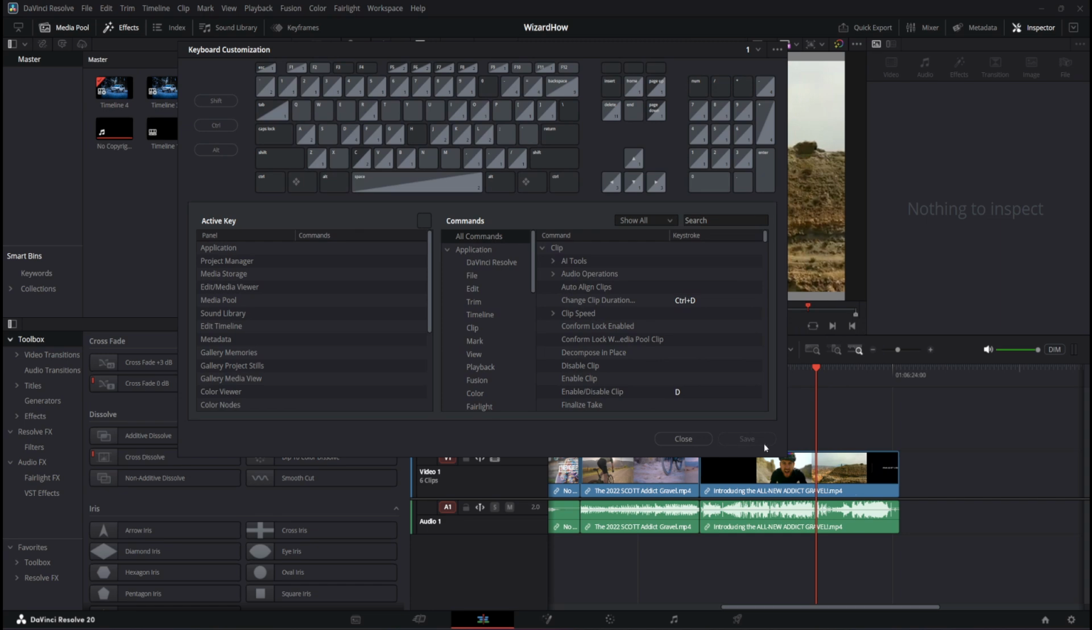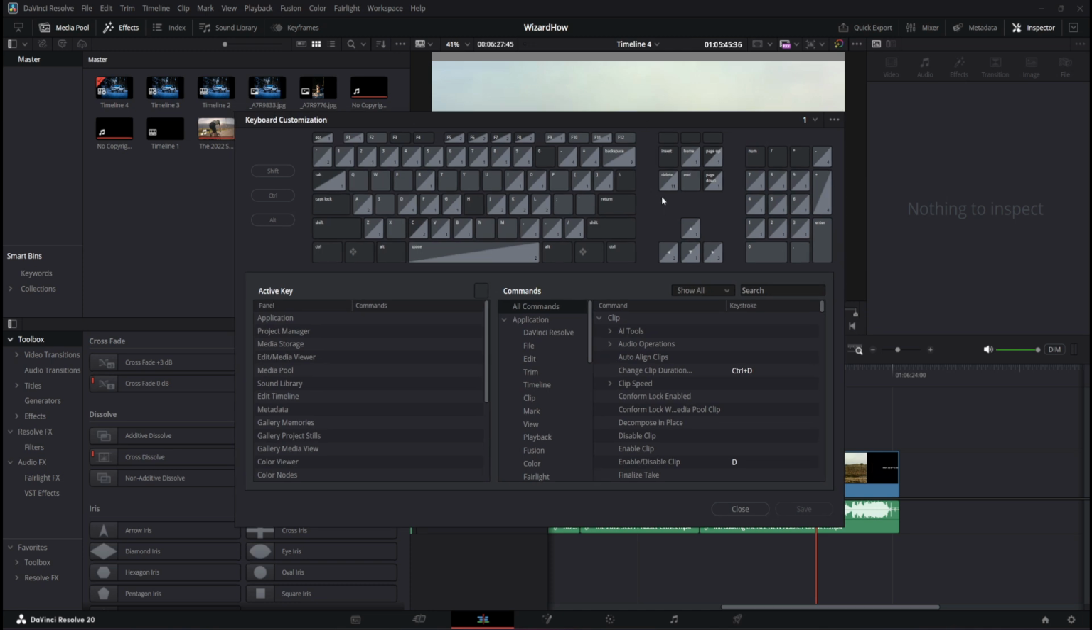Now here you will see basically the keyboard, and if you are transitioning from another software, you don't have to remap every key manually. Okay, so now what we can do here is